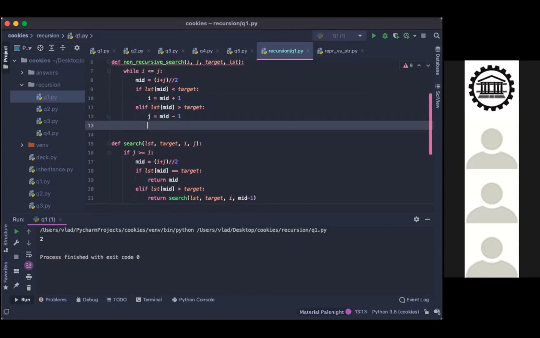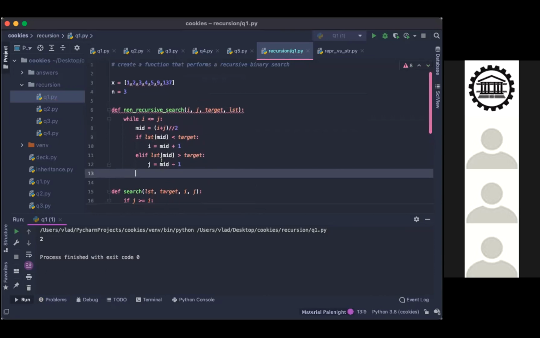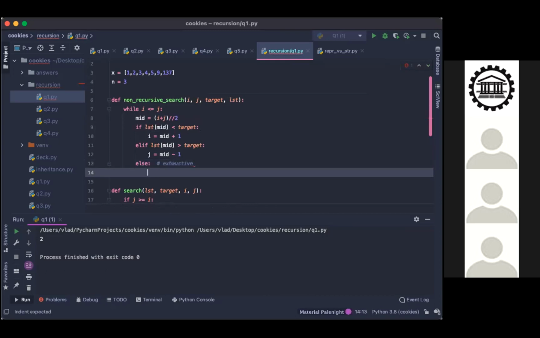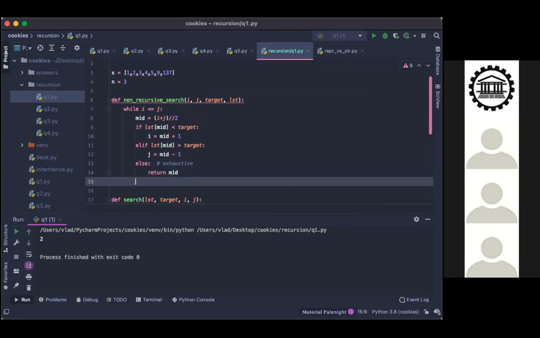Okay. Sorry, about what I said earlier, that we can't make binary search recursively, I think I was mistaken with binary sort. So maybe that's the one that's n log n. Sorry, I misrepresented that. And then another if statement, or else in this case, the exhaustive condition: if those two cases are false, it would check the last case, which means that mid is equal to X, so return mid. If it's not there at all, you would have to return -1.